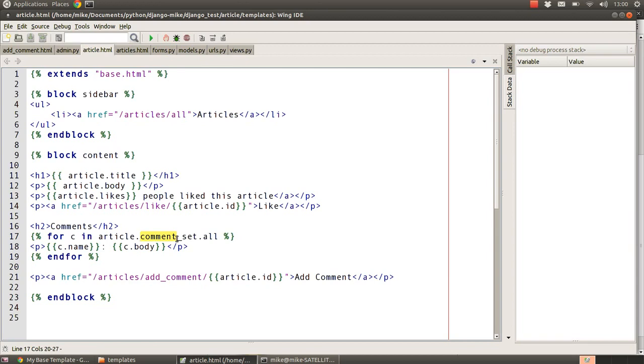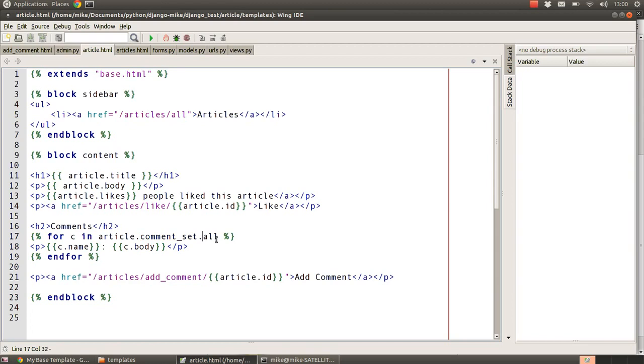And because comment has a foreign key relationship with article, it has a set of comments, so it can have more than one comment. So that's a one-to-many relationship for the article to the comments. So we're saying article has a comment model, but it has a set of information, and then we do the